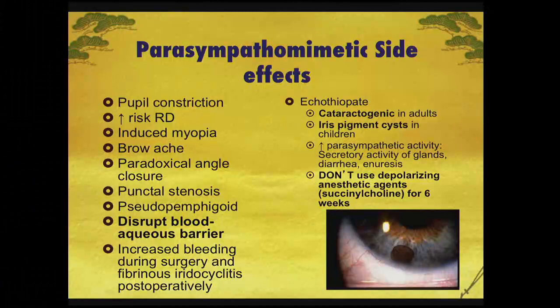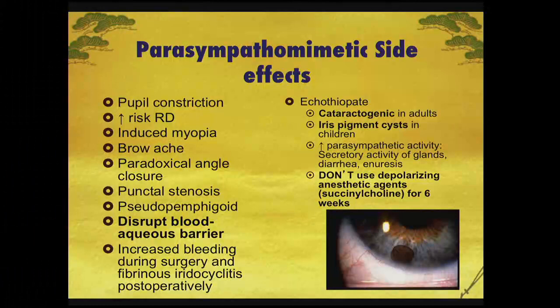There can be paradoxical angle closure, so you have to be careful in prescribing this to people with narrow angles. Punctal stenosis can occur, as well as pseudopemphigoid. The blood aqueous barrier can be disrupted, so there can be more flare after surgery. There can be increased bleeding during surgery, and you can see a fibrinous irritative cyclitis if they've been on it